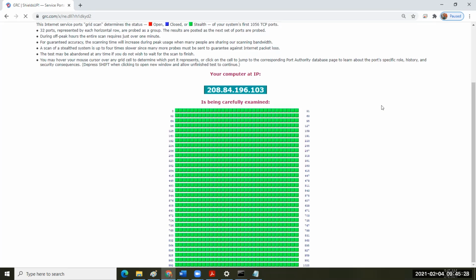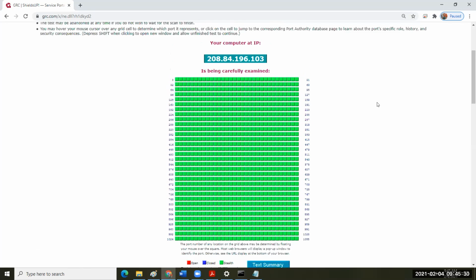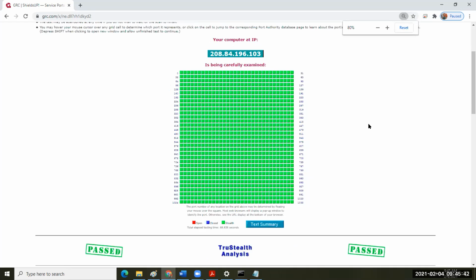And what's significant about this is that this test will validate that your firewall status is effective and it's working. And in my case, if I turn off my firewall,